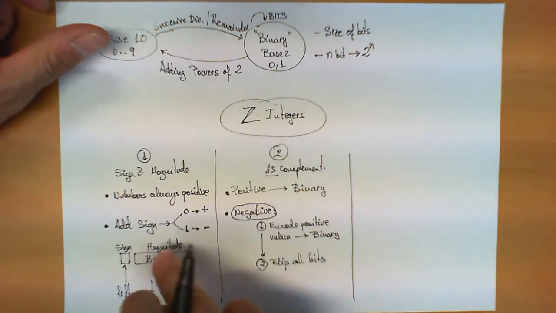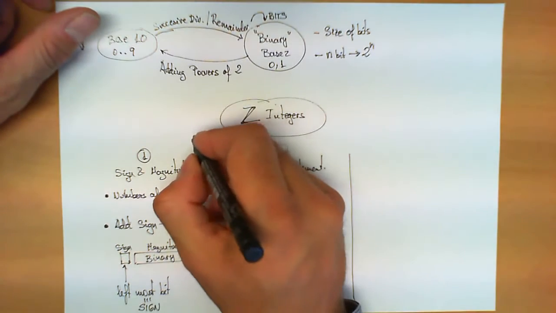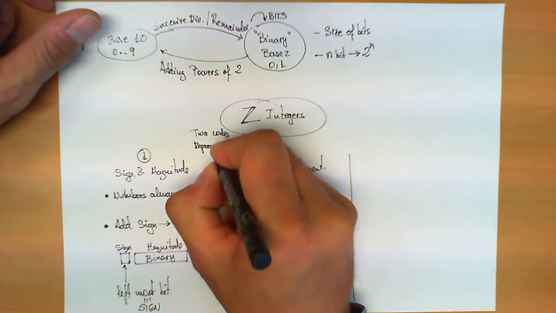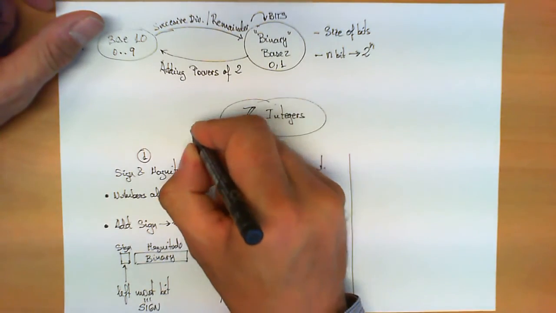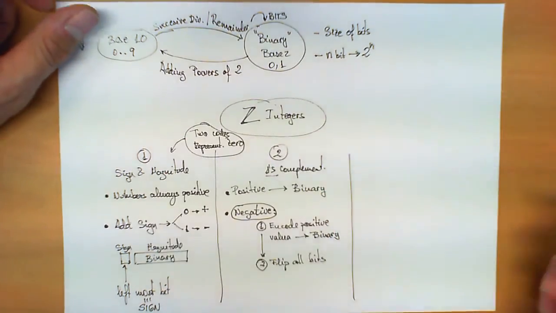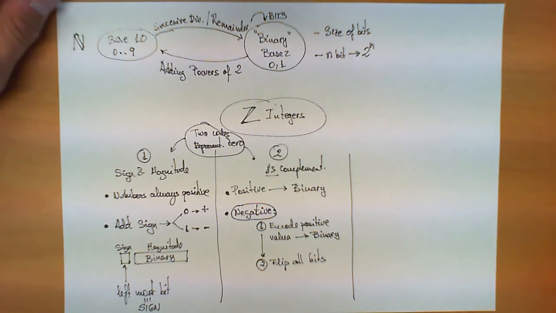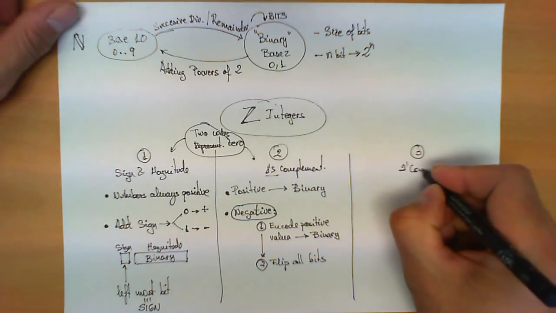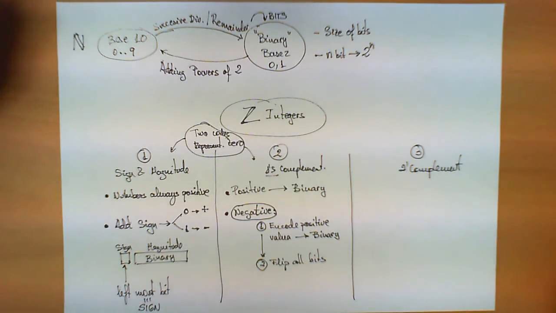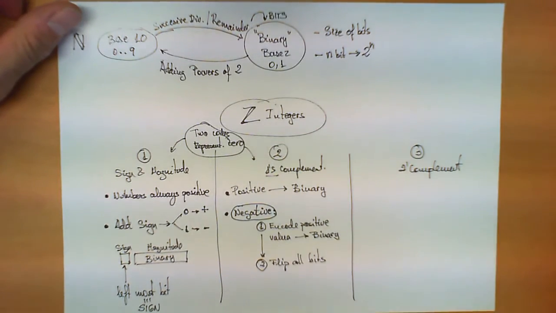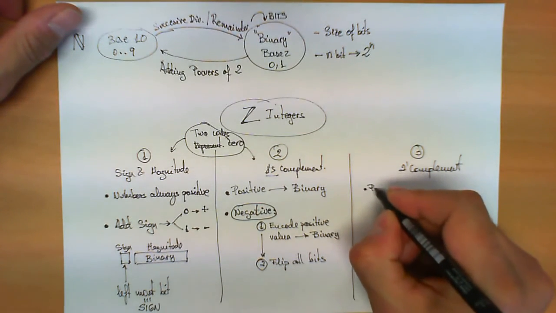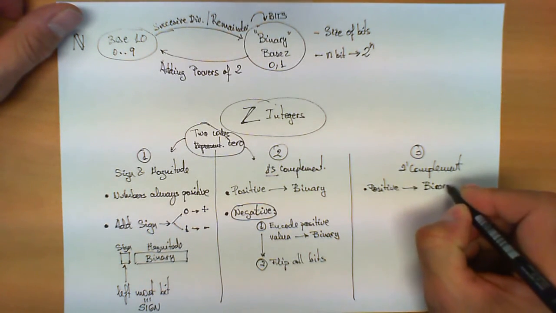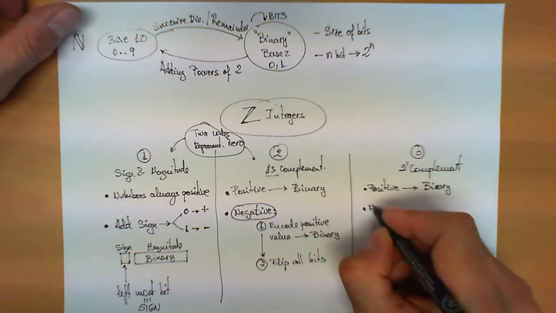Now the problem that these two representations have is that they both have two codes to represent 0. Number 0 is represented with two codes. This is a property of the sign and magnitude, and it's a property of the ones complement. So here comes the third alternative we studied, which is 2's complement. With 2's complement the rules are a little bit more complicated than with ones complement, but they're very similar. Positive numbers are still represented as regular binary numbers. Now negative numbers,